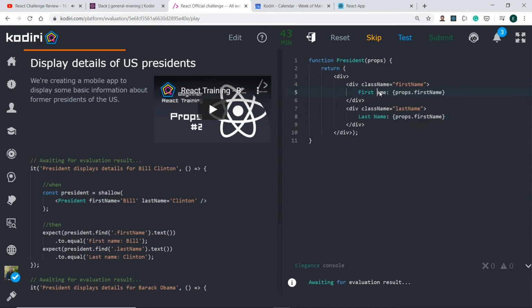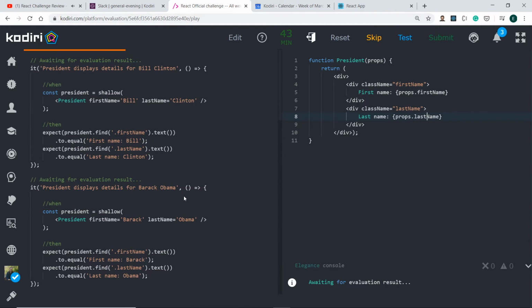Oops, I have a typo here, it should be lowercase, otherwise it's not going to work. Then here is last name, and let me check. Yeah, I think this should be it. Let's test it. Yes,